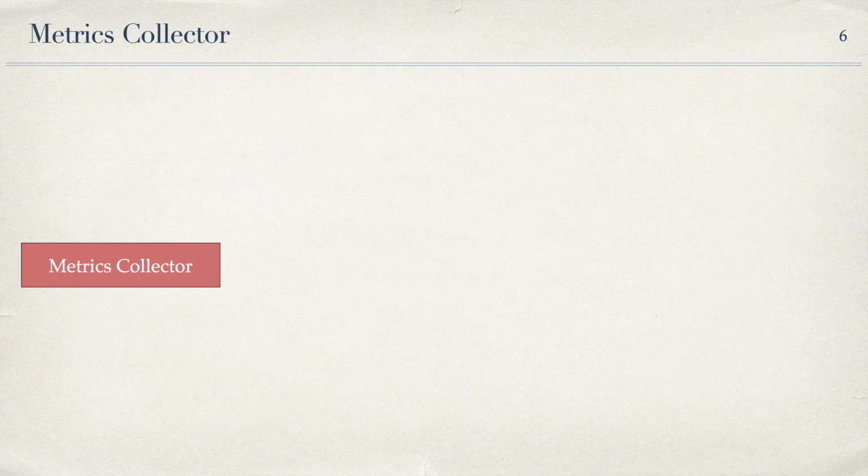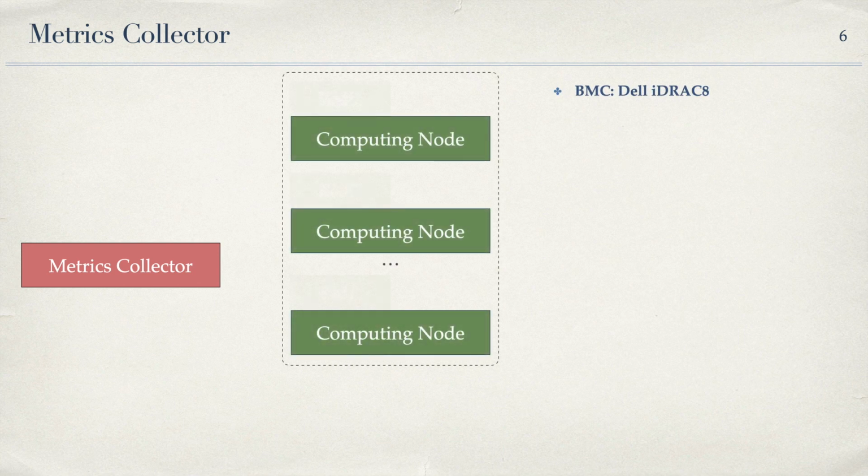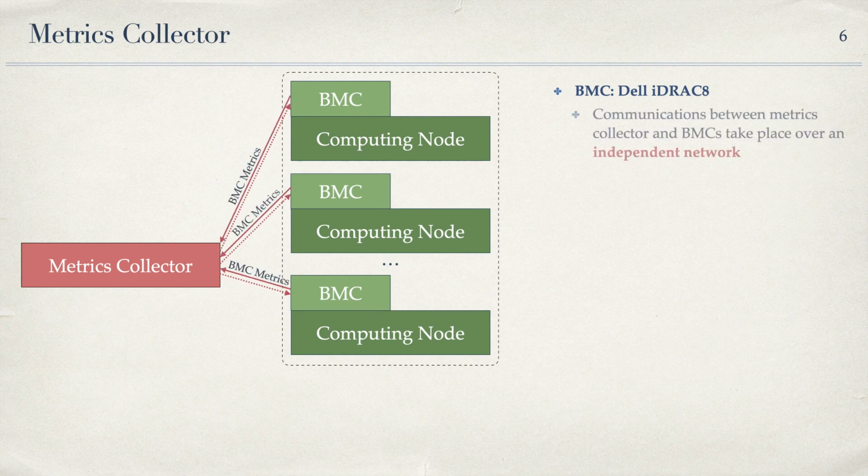In this slide, I will explain how the metrics collector works based on the deployment on the 467 nodes cluster at Texas Tech University. The computing nodes are all equipped with Dell iDRAC 8 to retrieve the BMC metrics. The metrics collector calls the Redfish APIs and gets metrics through an independent network. This approach avoids perturbing ongoing computations across the compute fabric and allows status to be obtained even if the computing node